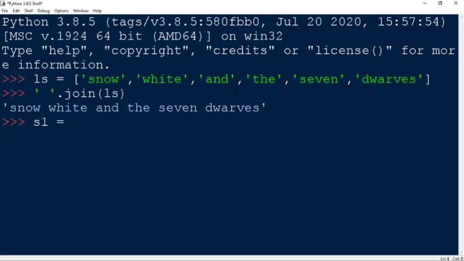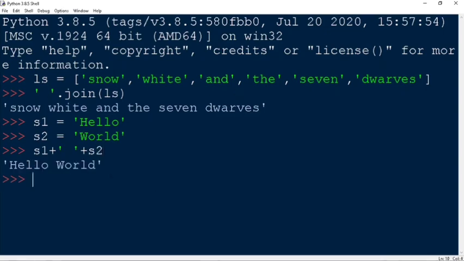Another way of joining is, suppose I have s1 is equal to hello and s2 is equal to world. I can join these two strings using concatenation, that is s1 plus the space as a string plus s2. So plus in strings just concatenates two strings. Another way is